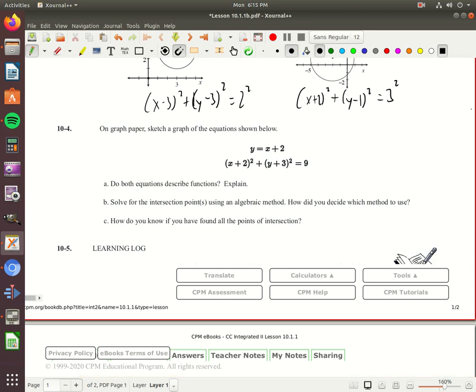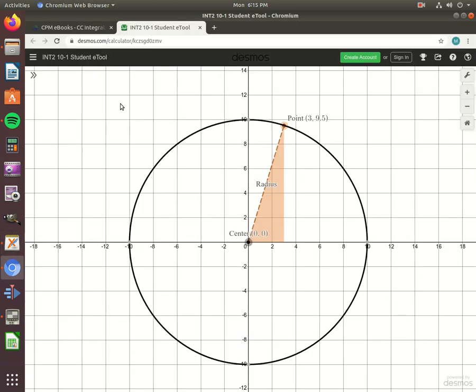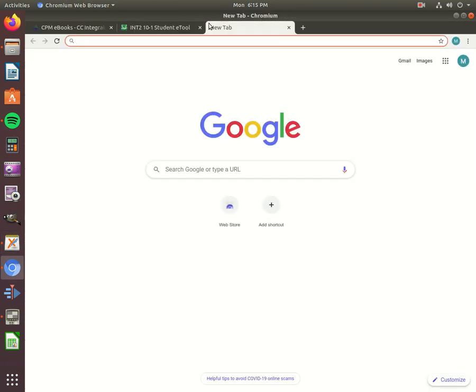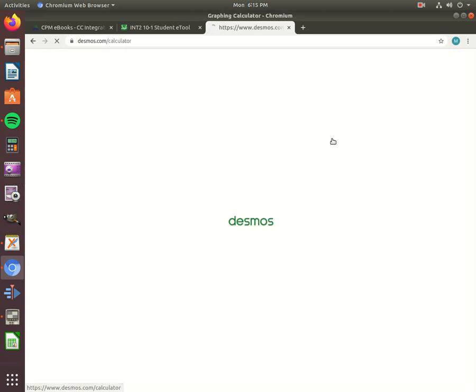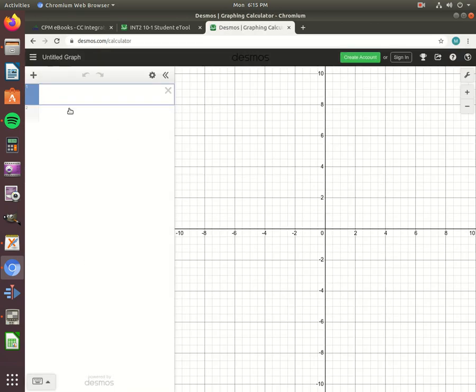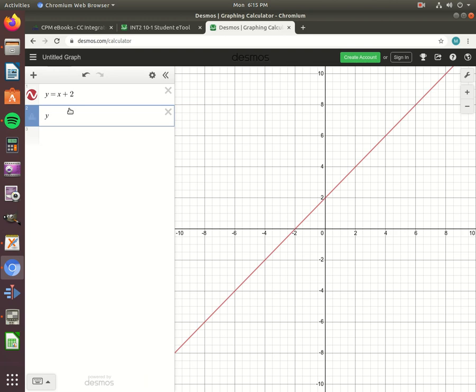I'm not sure what would be, I think Desmos would make this way easier. So I'm going to go to Desmos. I just don't think if I put this on a chart, I'm going to have a lot of luck drawing that circle. The other ones I could do because it was at origin, but I don't think it'll be as easy. So x plus 2, I get this line, and